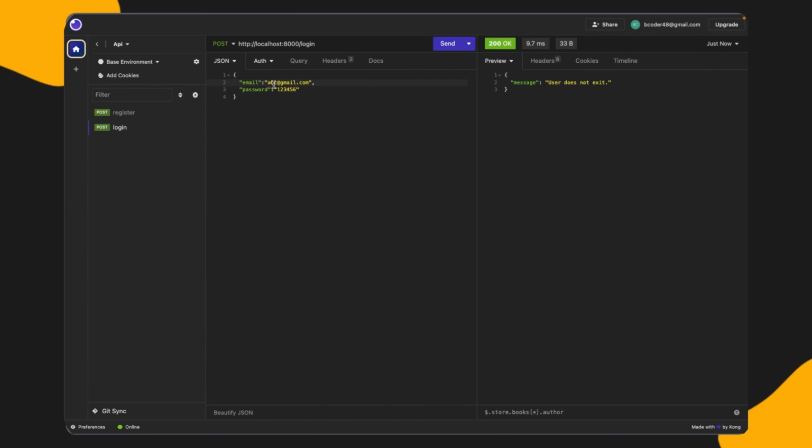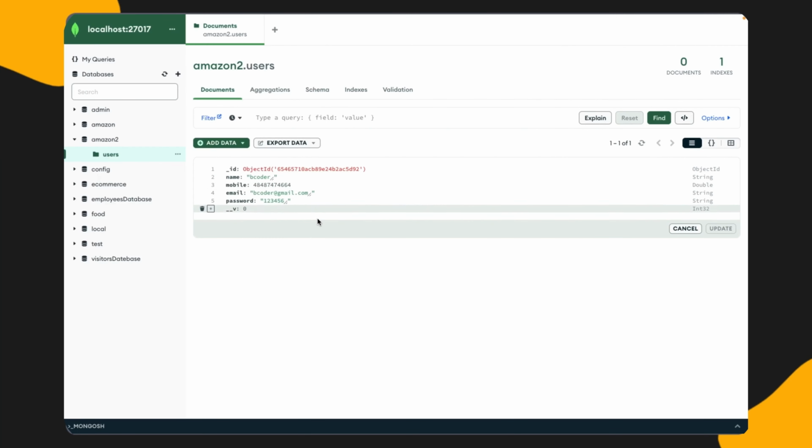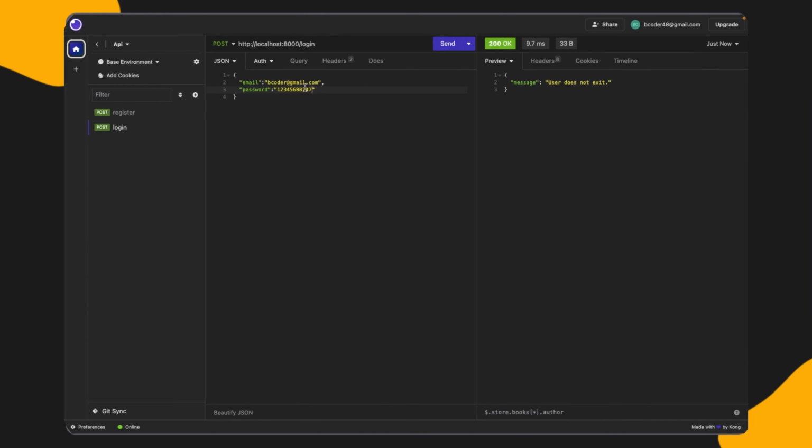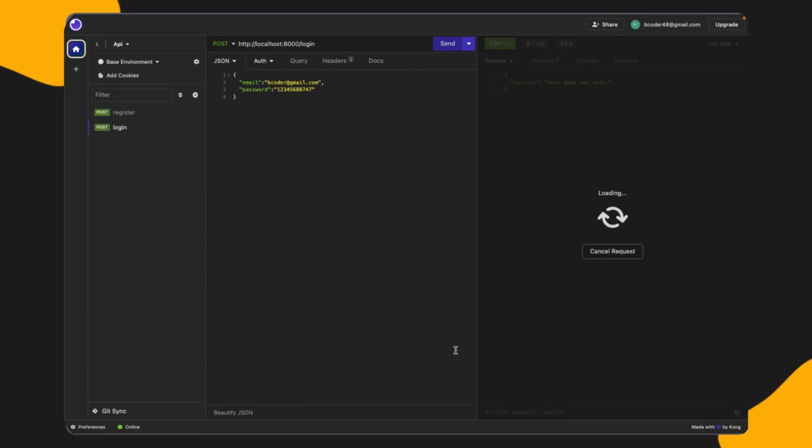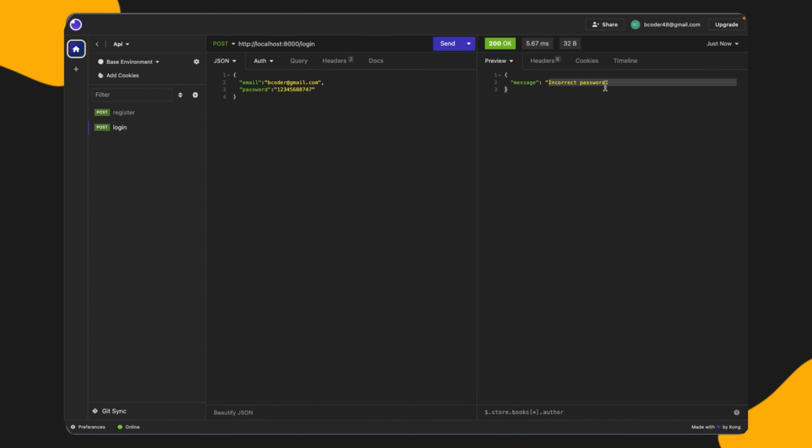And let's check the third condition, that if the email is correct but I give a wrong password that is different from the one in the database. Like here 1 2 3 4 5 6 is there, and here I am giving a different value, and I click on send, and here you can see it is displaying incorrect password. So our login API is working fine. For the incorrect password, user does not exist, and the successful login, all three conditions are working fine.